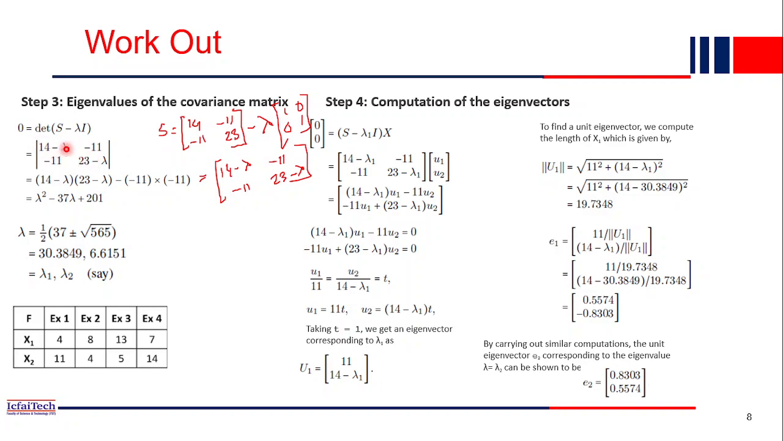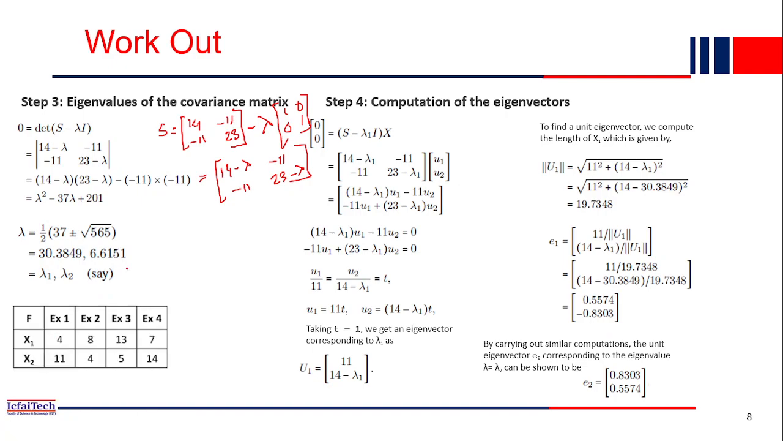Determinant will be the diagonal members' multiplication. So (14 minus lambda) into (23 minus lambda) minus the off-diagonal member, which is minus 11 into minus 11. So if you simplify this equation, that is 14 into 23, then 23 lambda and minus 14 lambda, you will get the quadratic equation of this problem, right? So now you can solve this quadratic equation using any formula which you have studied